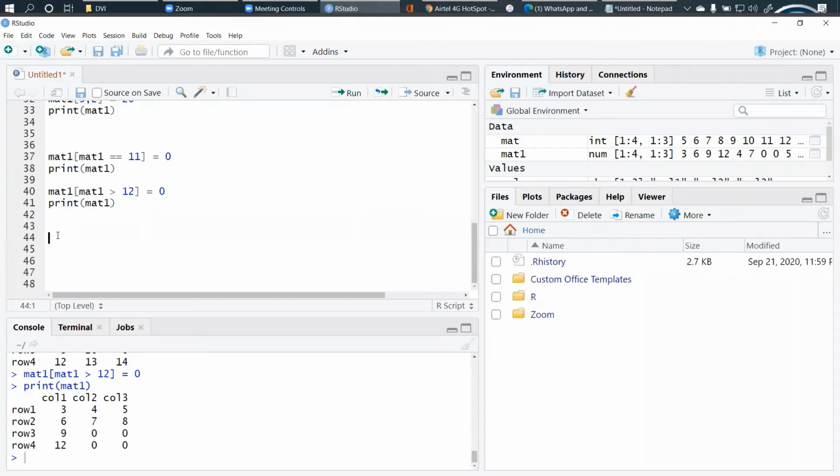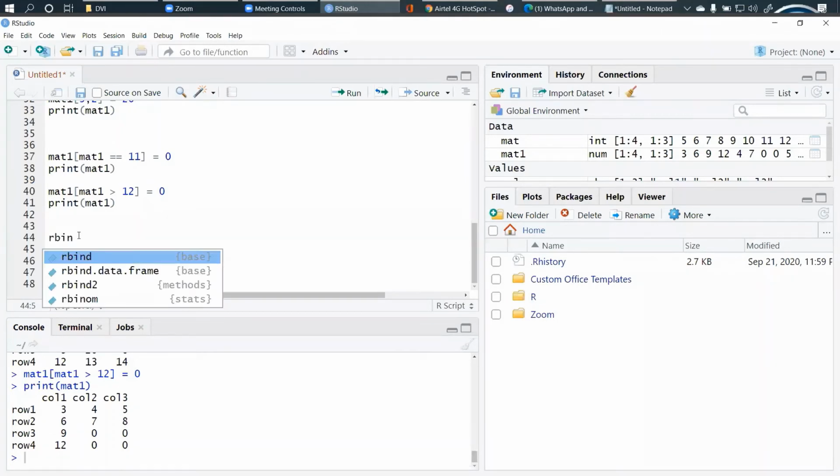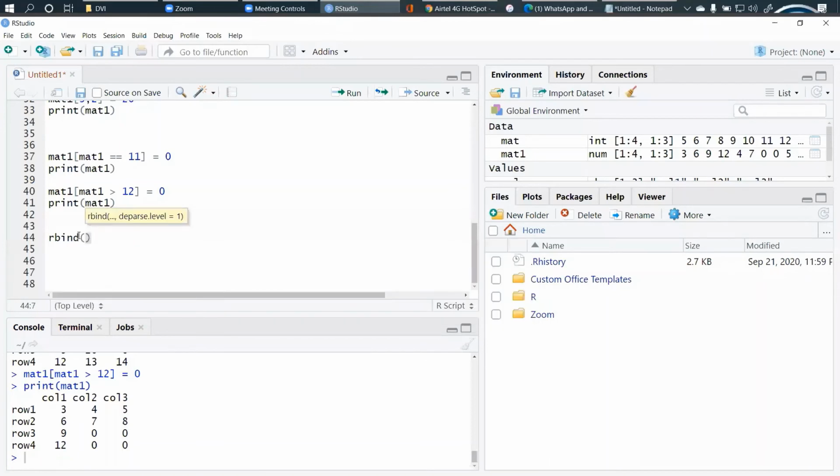C and R will define columns and rows. Now I'll write it by binding rows, rbind for matrix 1 itself. We give the elements, right? What elements do we have in 3 columns, 17, 18 and 19.